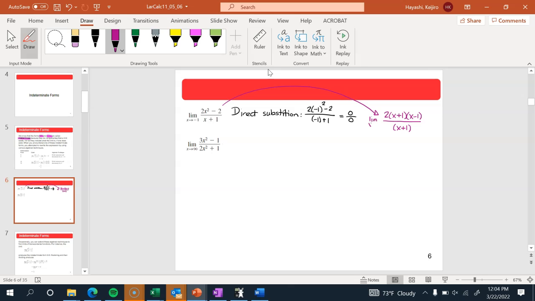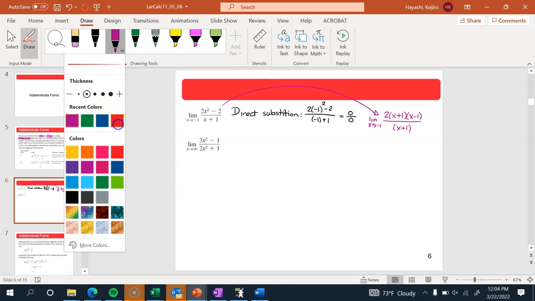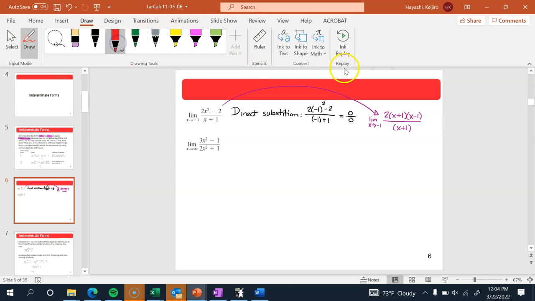And of course there's a limit statement: x is going to -1. So you sort of see that this factor shows up in the top and the bottom, and that you can cancel it out because it's on the top and bottom of a fraction. But it's actually this factor that causes this to equal 0 over 0. It's the factor x plus 1. If you plug in -1 into that, it's going to multiply the top and bottom by 0. So if we get rid of it,